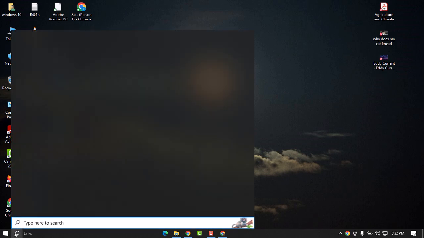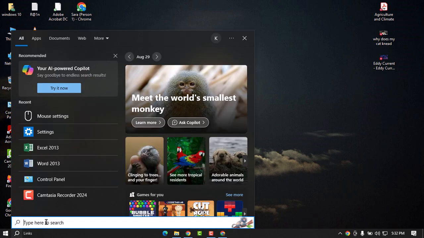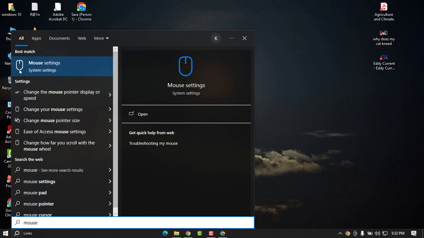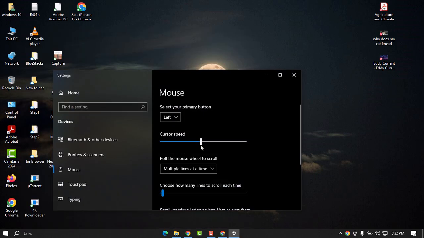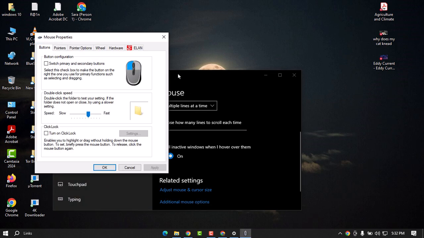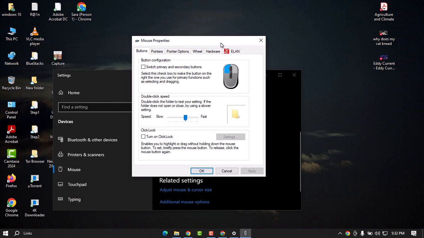Go to your search bar and search for mouse settings. Click on it. It will take you there, and here under related settings you can find the option additional mouse options. Click on it and a box like this will come,